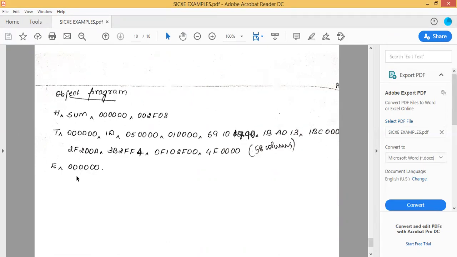So please guys, go through these videos of SIC XE. It is very important and it is very interesting, but usually students tend to find this topic difficult. I don't know why, but if you remember the mnemonics for registers and some things related to the flags, that is, when NIXBPE are set and what is program counter, what is base counter, things are going to get easier. It is a very easy topic and definitely you have a minimum of 8 marks for this object code. So a minimum of 8 to 10 marks. So it is very easy to score here.